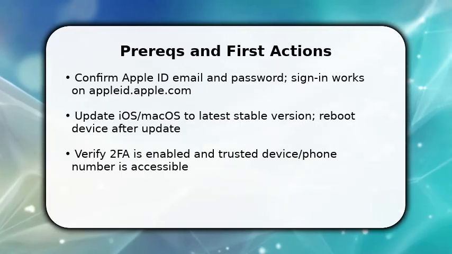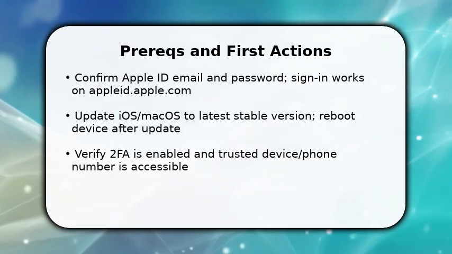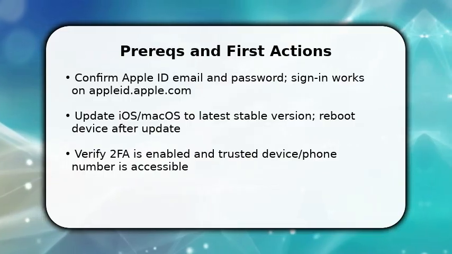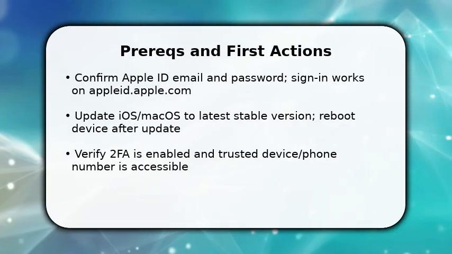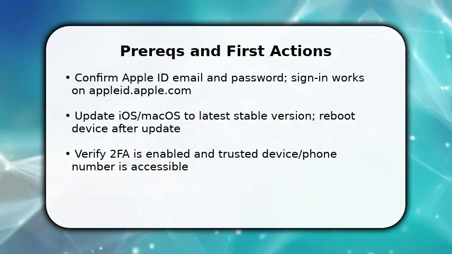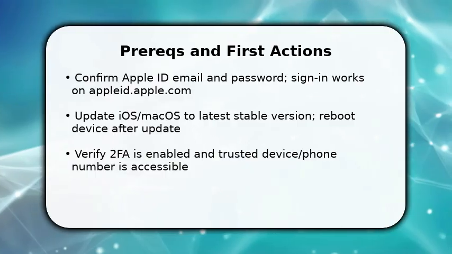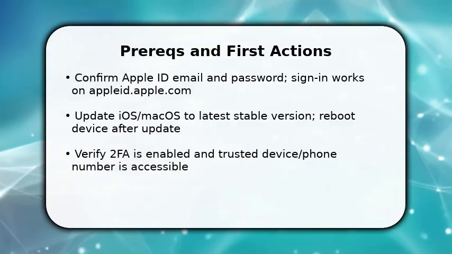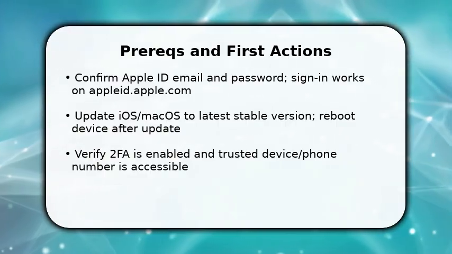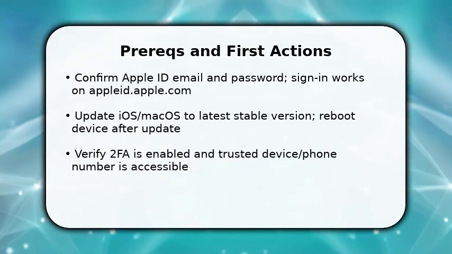You start by confirming your Apple ID credentials and that two-factor authentication is reachable. This prevents lockouts. Next, make sure your device runs the latest iOS or macOS and reboot it to clear transient errors. Once done, sign in to appleid.apple.com to verify account details and trusted devices. Doing this first removes common authentication and compatibility blockers, so the subsequent iCloud fixes target service issues rather than setup